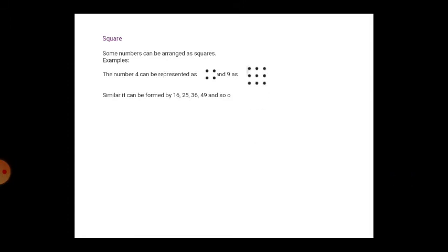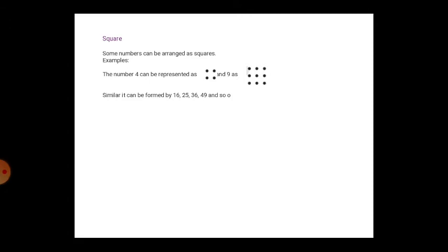And the number 9 can be represented like this. See, 3 threes are 9, 2 twos are 4. All square numbers we can represent using a square. Let us see: 2 times 2, 2 twos are 4, 3 threes are 9. Here 4, 9, 16, 25, 36, these are all square numbers. Why? For example, 4 fours are 16, 5 fives are 25, 6 sixes are 36.